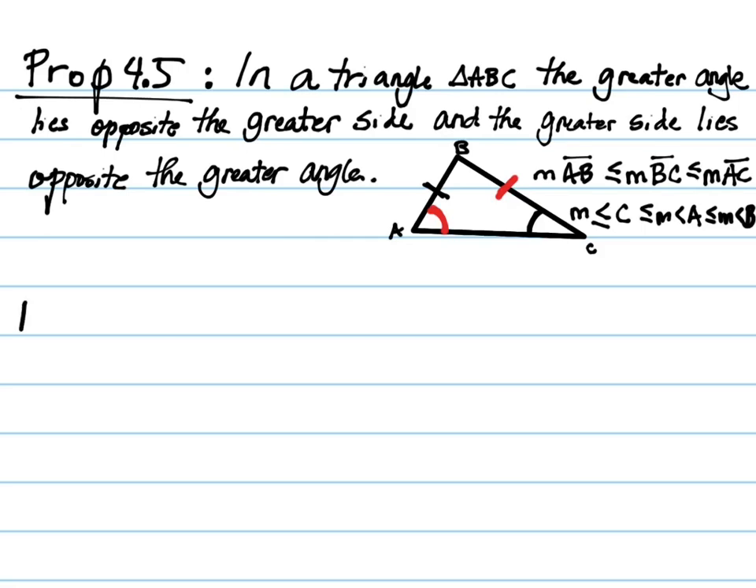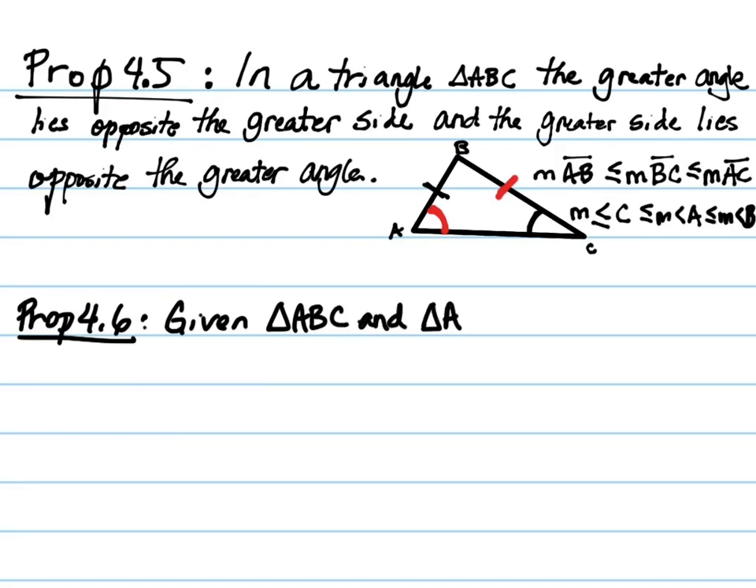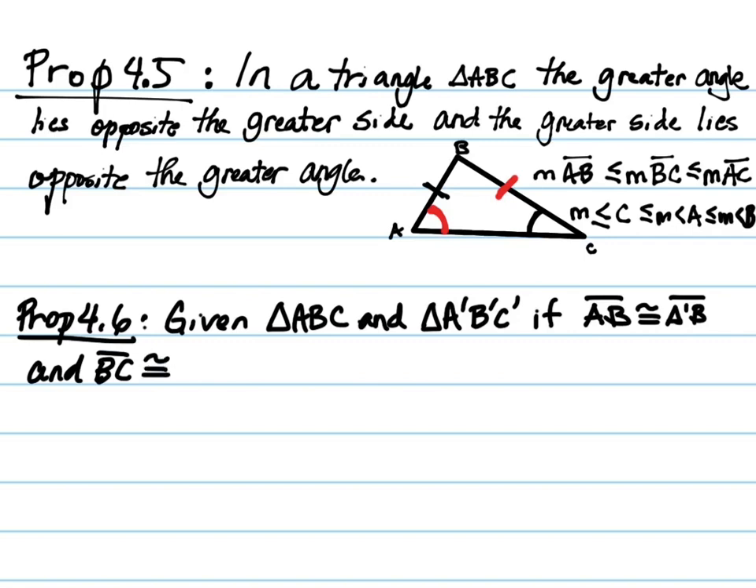Combining a couple of these facts together is in proposition 4.6. So if we are given a triangle ABC, and, whoops, I left the C off, and a triangle A prime, B prime, C prime, if AB is congruent to A prime, B prime, and BC is congruent to B prime, C prime, then if angle B